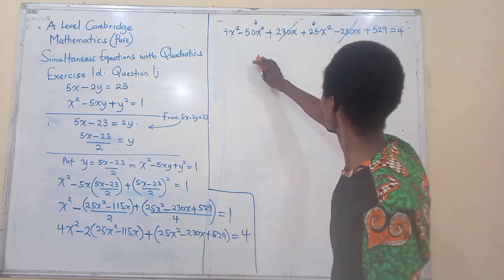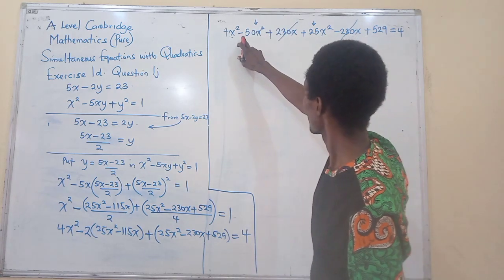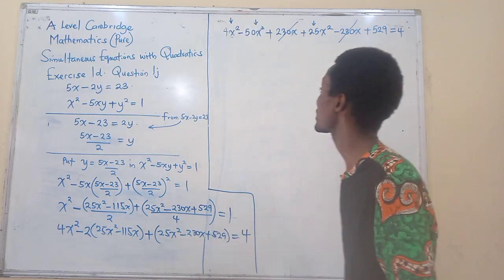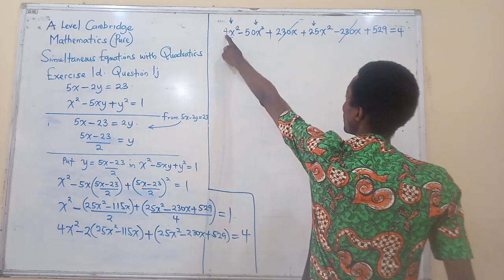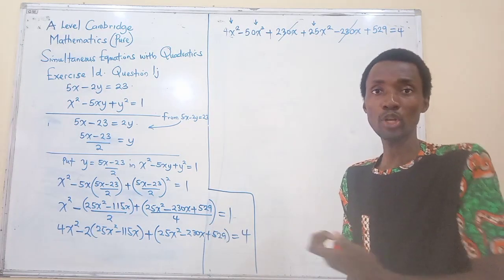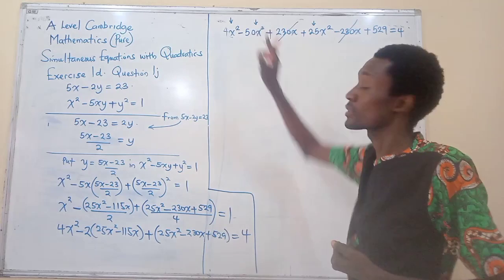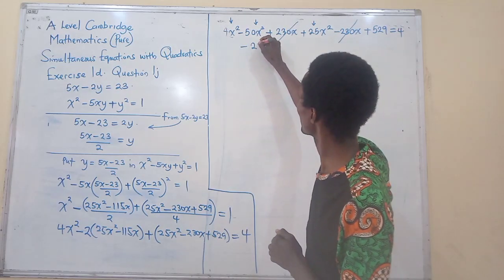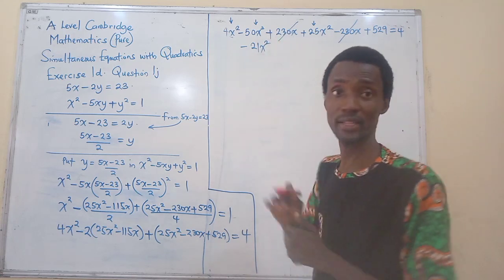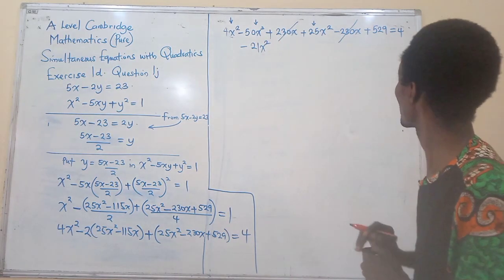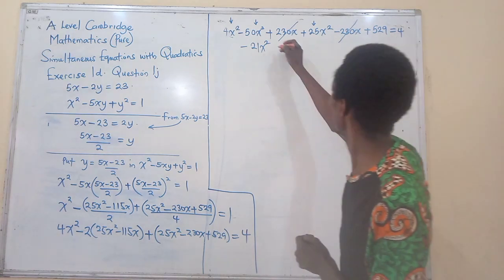So this will now give me, okay, I can also deal with this also. Are you seeing it? I have 4 plus 25, that will give me what? 29. I'm going to remove 29 from 50, and that will give me 21. Negative 21x squared. Is that correct? Okay, so negative 21x squared, and that will be plus